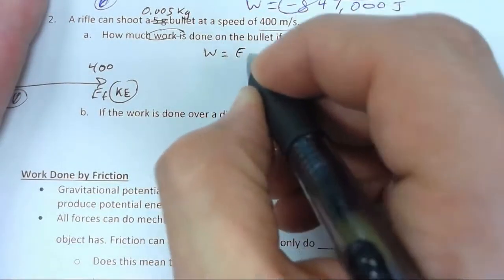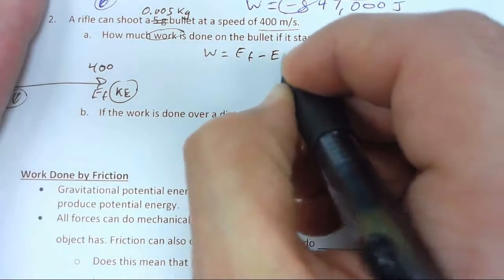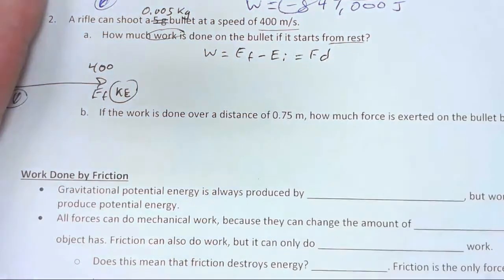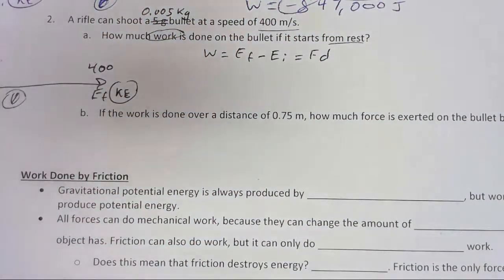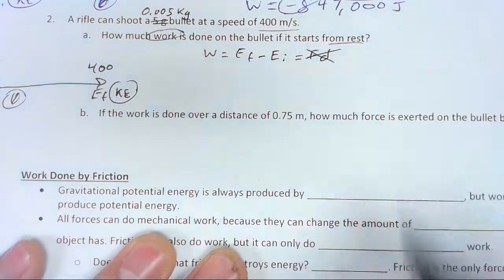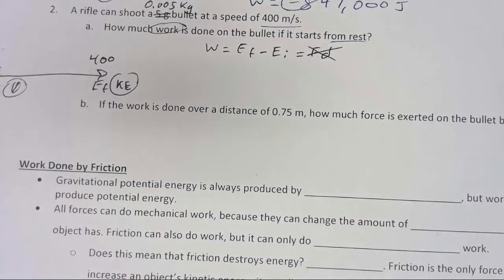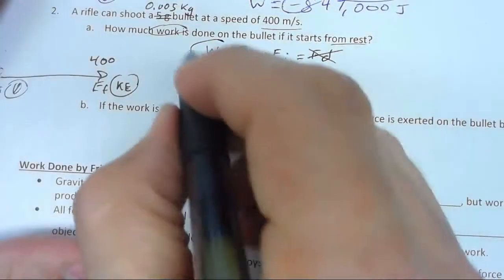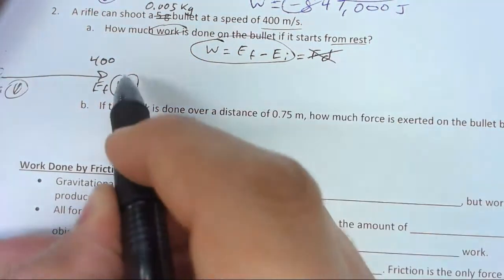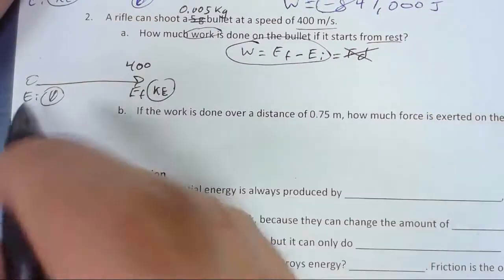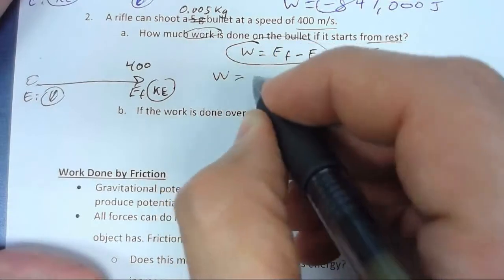So I'm going to write down W equals EF minus EI equals FD. Same process as before. We're going to choose the two parts. And just as before, we're not given or asked for force and distance. So we're going to use this. Final energy being kinetic, initial energy being zero. So on this one, I'm going to say